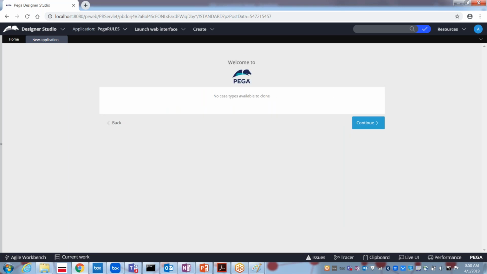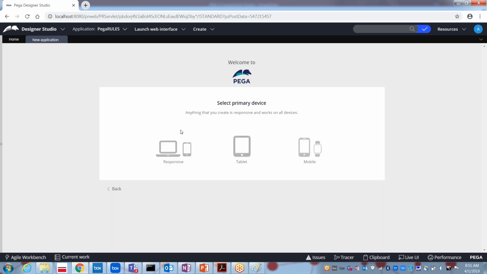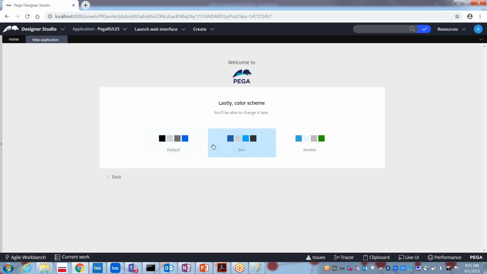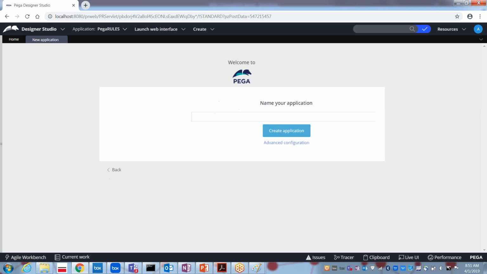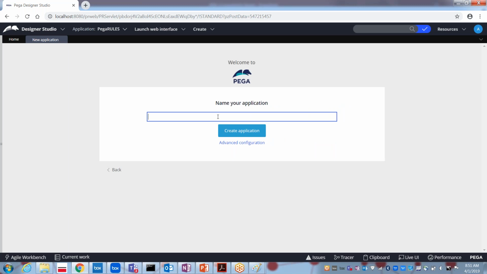Right now it doesn't have any case types under the framework. No problem, continue. No data types available, continue. For which devices do you want to implement? I want to implement for all the devices. What color scheme do you want to use? Select this. And the name of the application, now Tata AIG IMPL implementation.